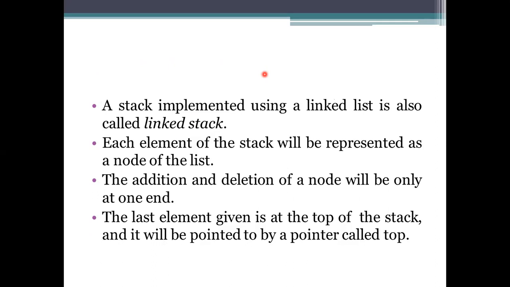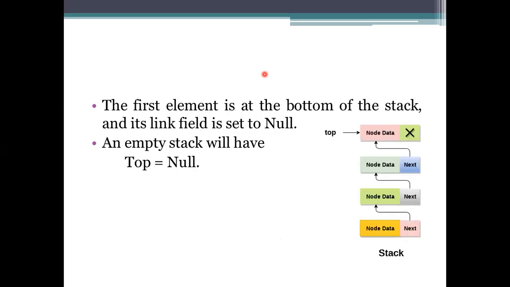Whatever element you store here has a node-like representation. This node has two parts, as I said: the data part and the next part. The next part points to the next element. So it is a stack-like representation. The first element is at the bottom, and then the next element, and so on. If there is a pointer, it points to the next data. If not, we take null.